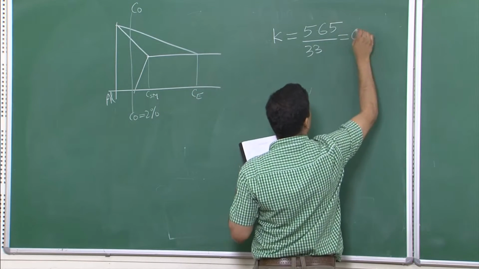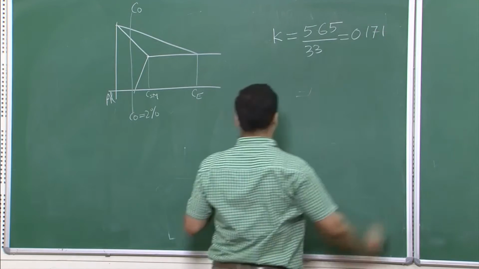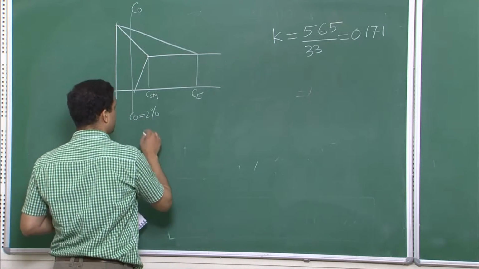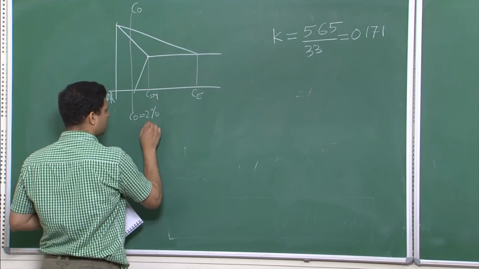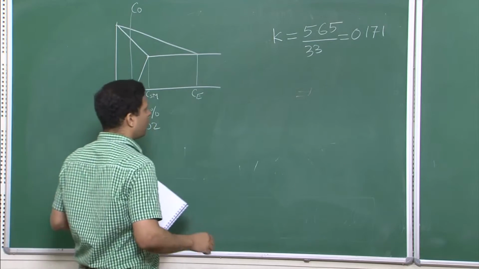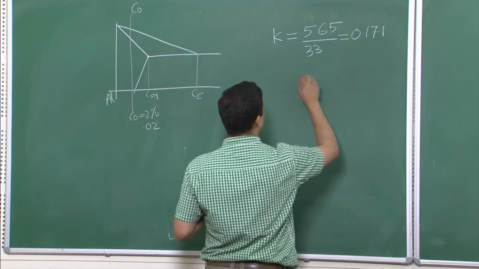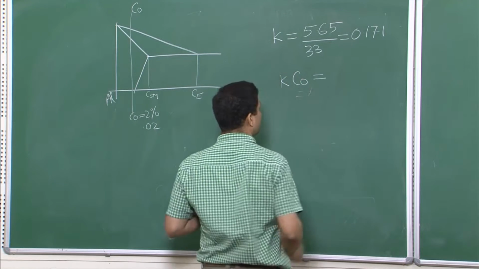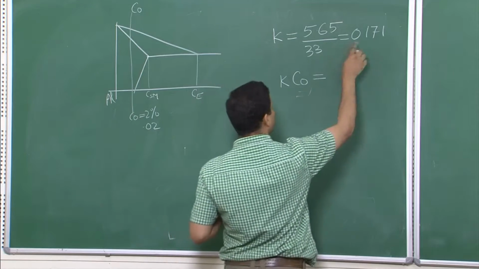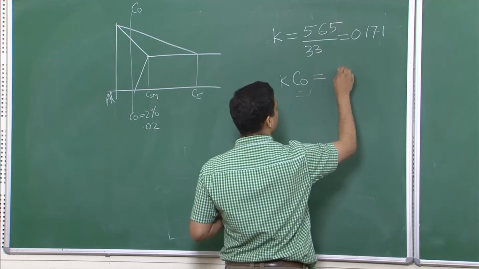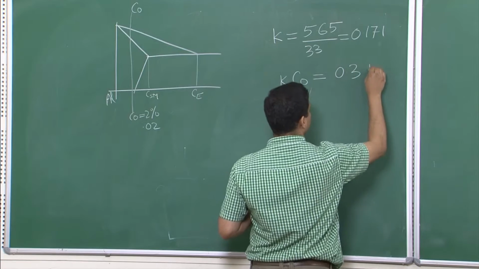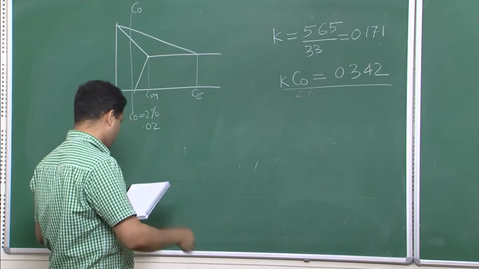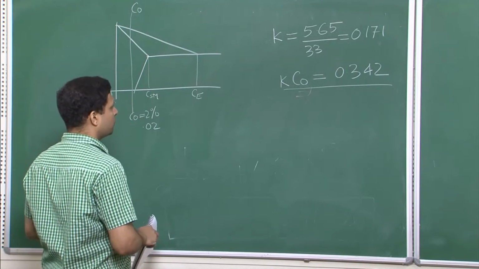So it comes to 0.171, and we also know C naught. So C naught is 2%, so let us put it in fraction, so it becomes 0.02, or if you want to just use fraction percentage, that is also okay. So here we will be using percentage, so it becomes 0.171 into 2 is equal to 0.342. So your Kc naught value is this,